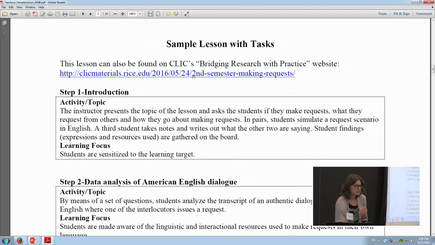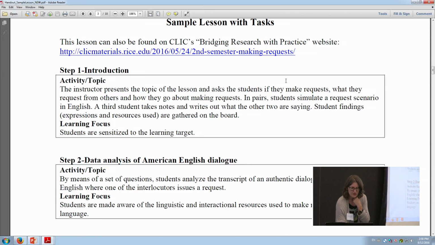Again, here you have the link to the lesson that's on the Bridging Research and Practice website. The link again. And okay, so here's the first step, the introduction. Remember, phase 1, Bets and Hoots said it would be great to have students reflect on the learning target, right? Or how language in action actually works, okay? And what I had the students do